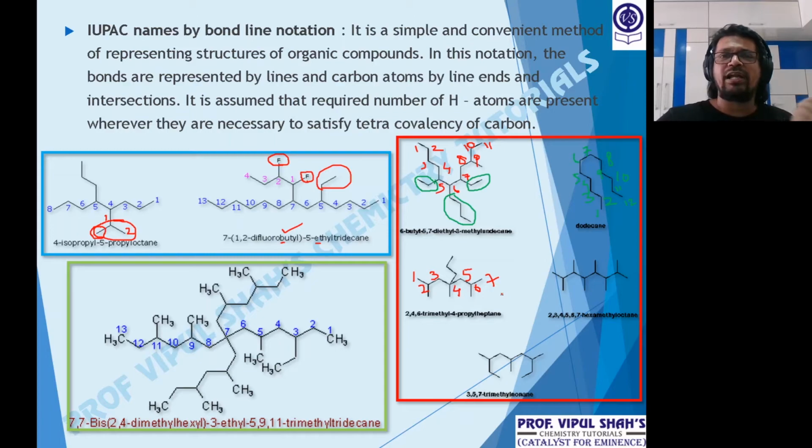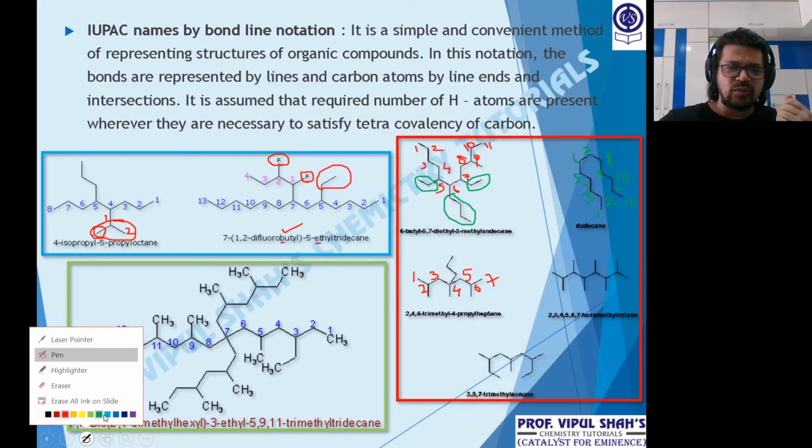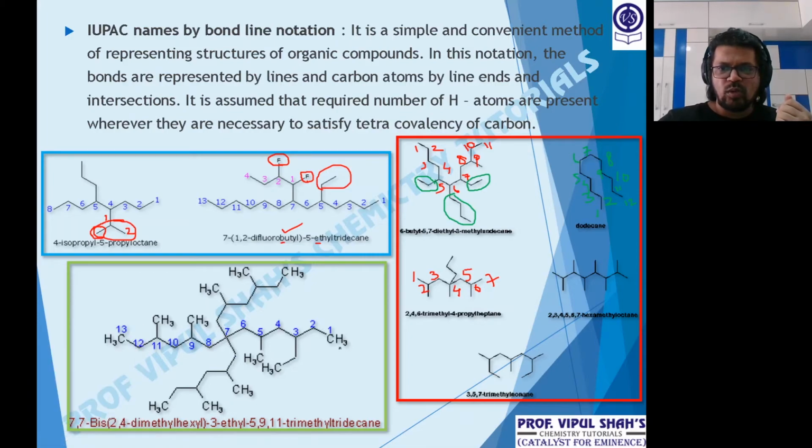Why did I take this? So that I get the maximum branches. How many branches do I have? I have 4 branches. Let's identify the branches over here, everybody. One branch is at 2, that's a methyl, then at 4 a methyl and at 6 a methyl. So 2, 4, 6 trimethyl. Okay, 3 times. And the branch at 4, how many carbons does it have? 3. That is 1, 2 and 3 where it is attached. Okay, so 3 is propyl. Propyl comes later after M.